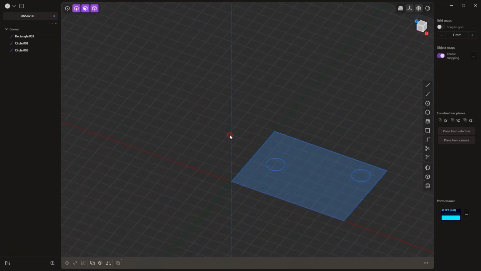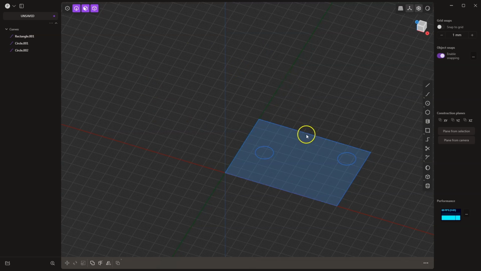Now I will return to this view, and so we have here a flat geometry. However, as you can see, when I hover over this geometry, it becomes highlighted. Another important thing related to creating 3D geometry in Plasticity is the geometry selection modes. Here we have 4 selection modes: vertex selection mode, edge selection mode, face or area selection mode, and solid selection mode. We can activate these modes by clicking on the selected mode,